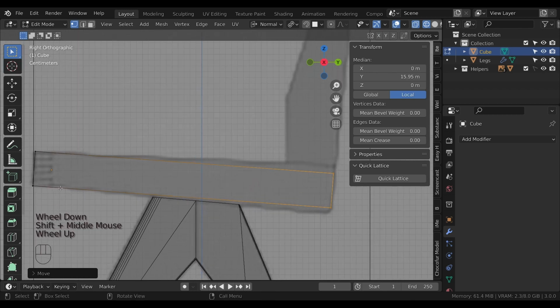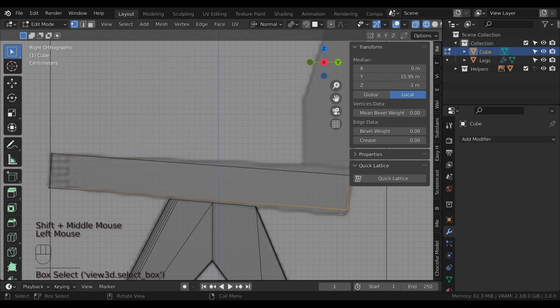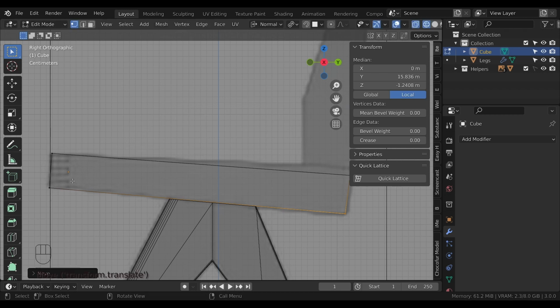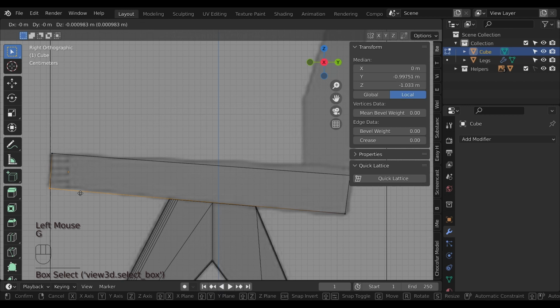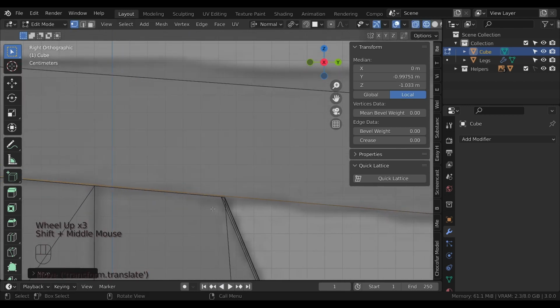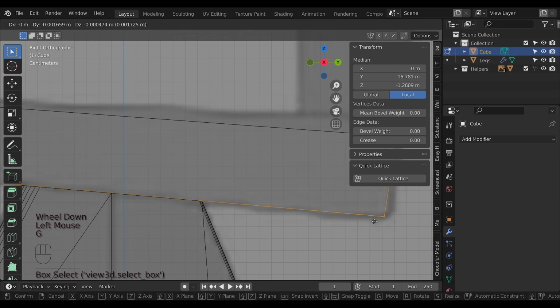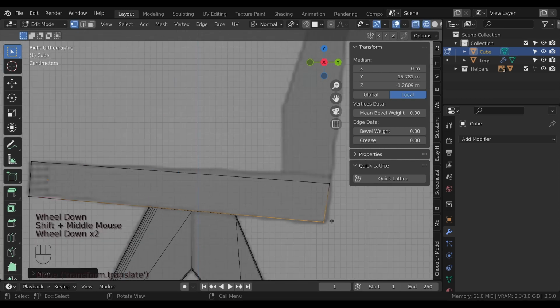Now we need to make this line straight with this line. So I need to move these vertices, a vertex like this. Maybe I need to move it here and move this here like this to have no space here. So I don't need any space between